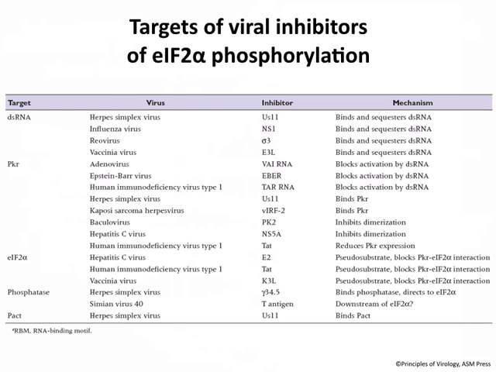Lots of other viruses make similar RNAs and also proteins. They can also bind up double-stranded RNA. They have proteins that bind double-stranded RNA and prevent it from binding PKR. Some antagonists mimic EIF2 alpha. They're proteins made by the virus. They look exactly like EIF2 alpha. So all the PKRs phosphorylate that and they ignore EIF2 alpha. And then there are phosphatases that take the phosphate off. Just an amazing array of ways to get around this because this is such a powerful antiviral mechanism.